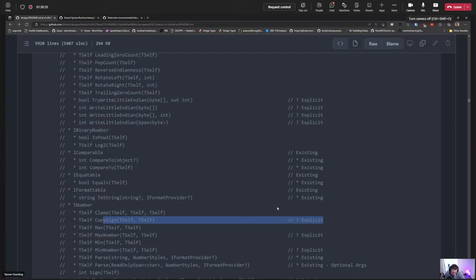Yes. In which case, yeah, making try write little endian be invisible seems more natural, because why would we go paint everything as being visible? We already have binary formatter to do that work. So